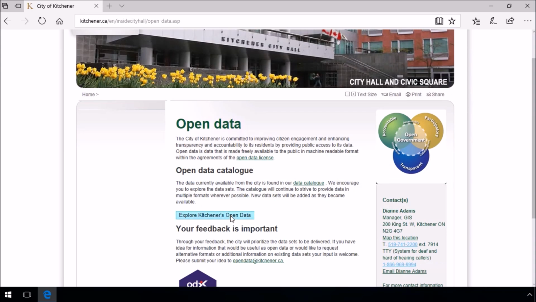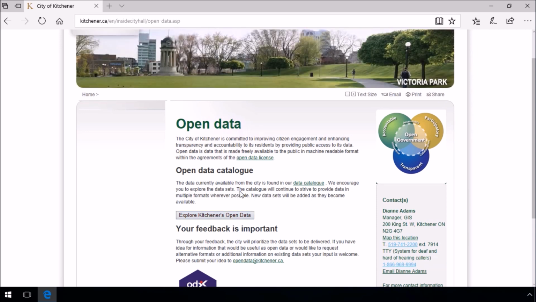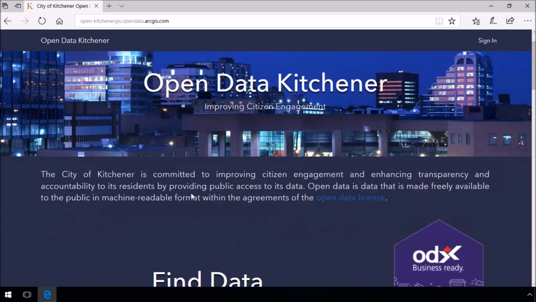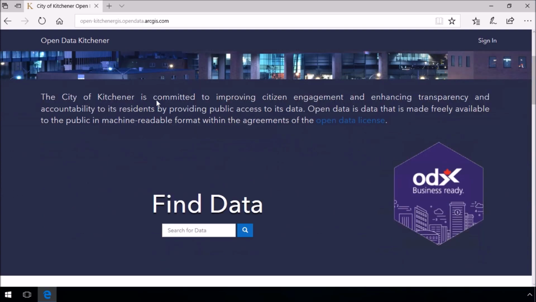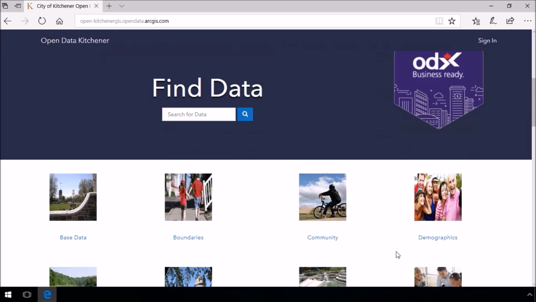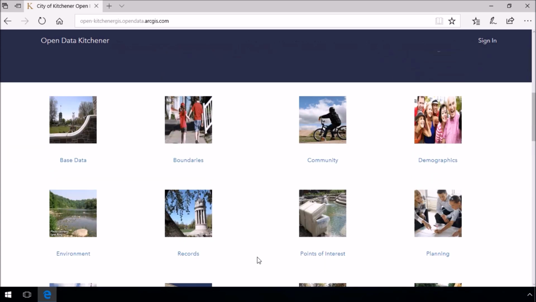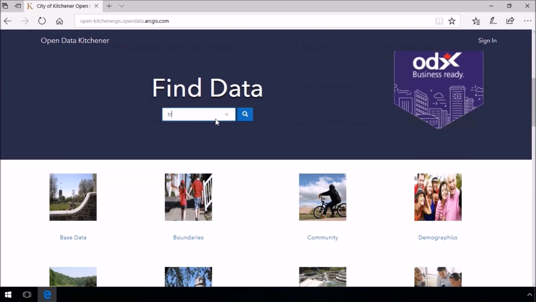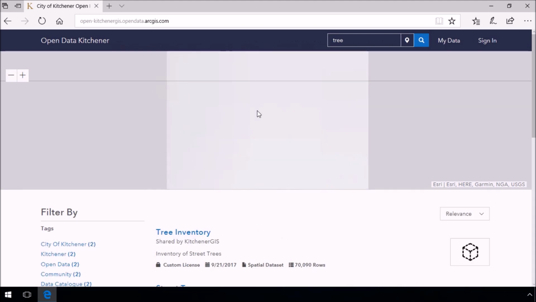If you go to this website, it talks a little bit about how the data is being made available. And you can go ahead and say Explore. It provides you with a user interface to explore the available data that they have. So we can search, we can look by category, different types of data that they might be making available. What I'd like to do here is just look for the tree inventory data set that we used in the